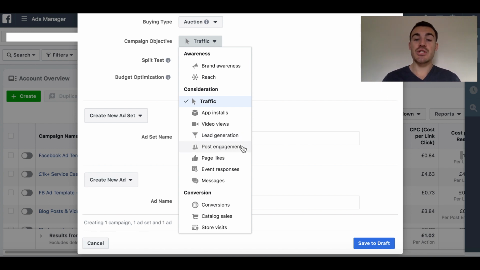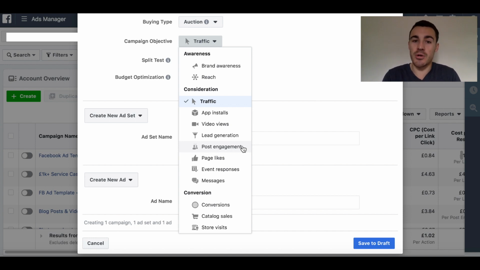Post engagement. So with post engagement, you're going to get as many likes, shares, comments as possible. That's what engagement stands for. So what I will often use this objective for is, let's say I've got a new piece of content, like a new video, and I'm going to push that out to people on Facebook. If I want to get a lot of social proof on that video, I will first advertise it to my warm audiences. So I may advertise it to people that already like my Facebook page or my email list or my website visitors, something like that. Just spend a little bit of money on it using the post engagement objective, and then Facebook will serve that ad to people that are going to like it, they're going to comment on it, they're going to share it,